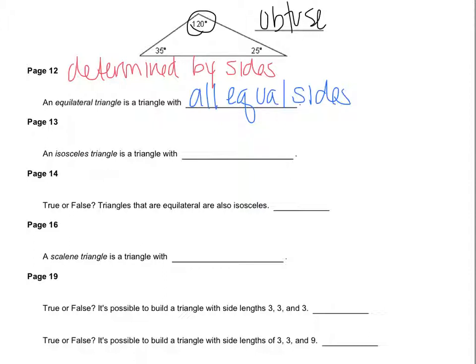It's important to note that an equilateral triangle is also equiangular. If all the sides are equal, then all the angles are equal as well, and that's what the word equiangular means. An isosceles triangle is a triangle with at least